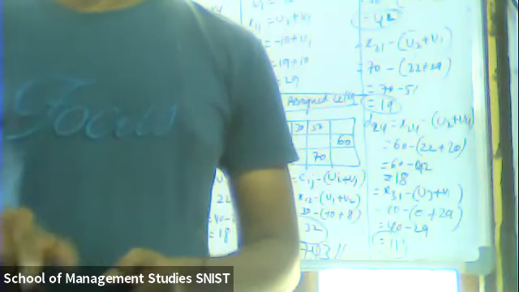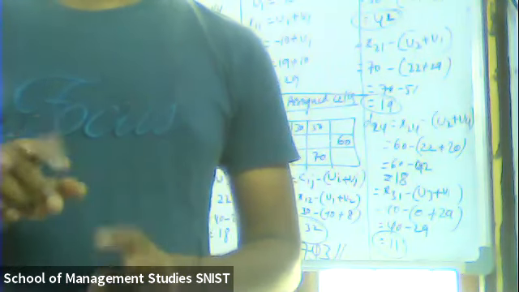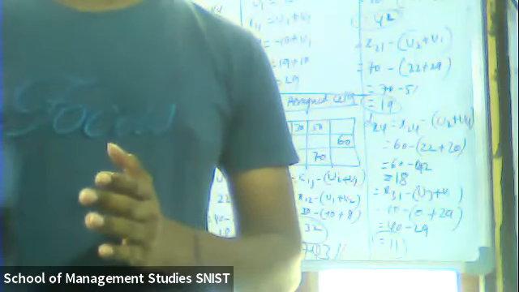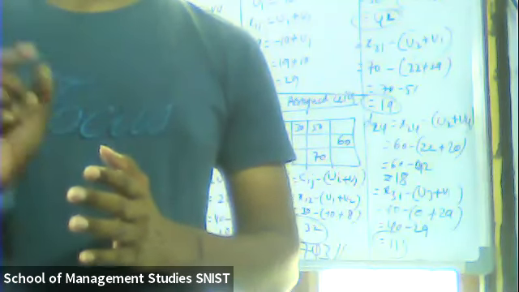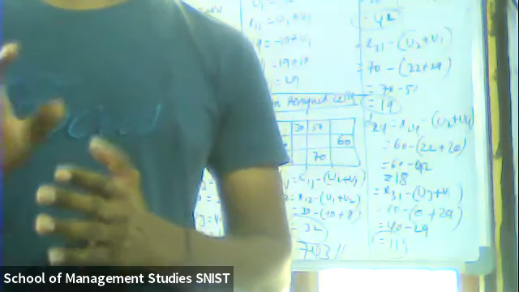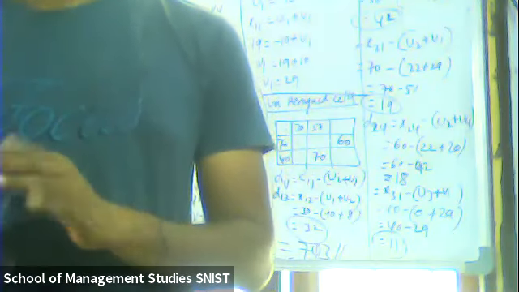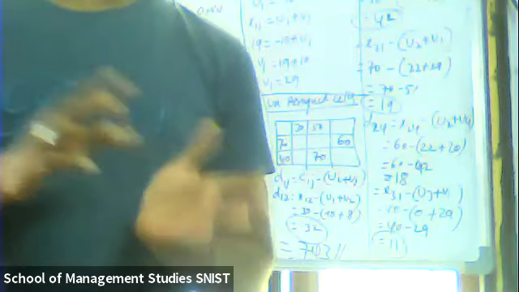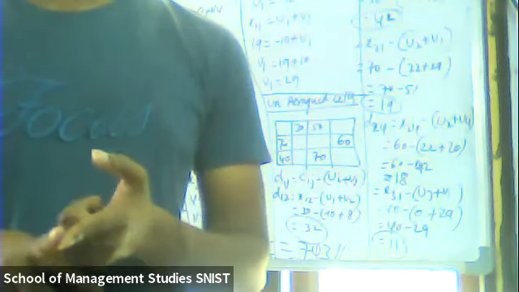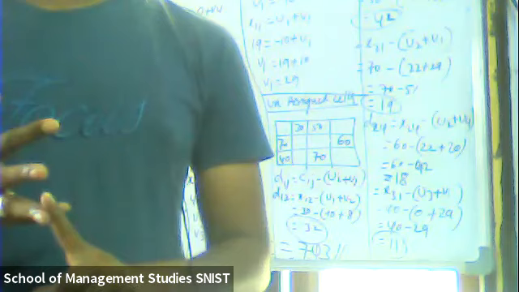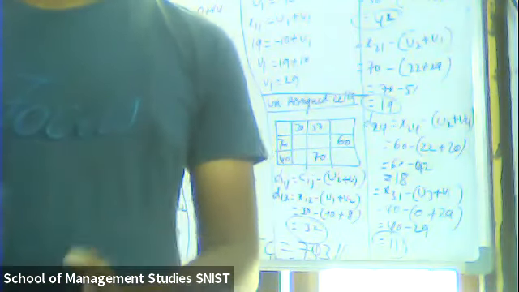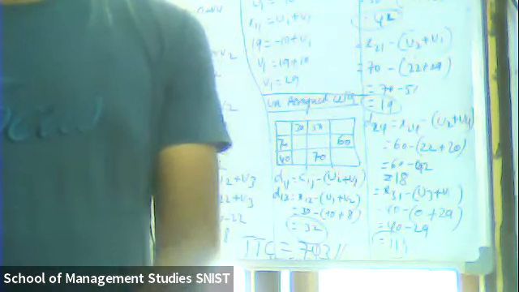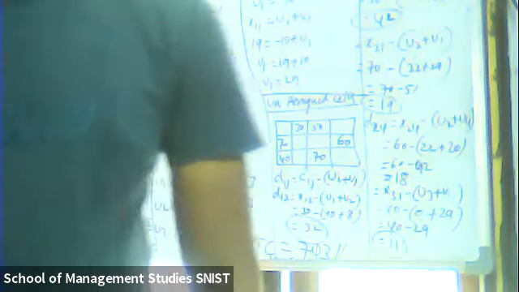then theta will become plus, then the remaining minus, plus, minus. Then you have to check among the minus cells which one is the least allocated value. So take that least allocated value. If it is a plus, add that value. If it is minus, subtract that particular value. Then by doing that, an unassigned cell may become an assigned cell, and an assigned cell may become unassigned. Then again you are going to get a new table. Then based on that, you work again on assigned cells and unassigned cells till you get Dij positive. So if you get Dij positive, show it is optimal, calculate the total transportation cost, and close the problem.